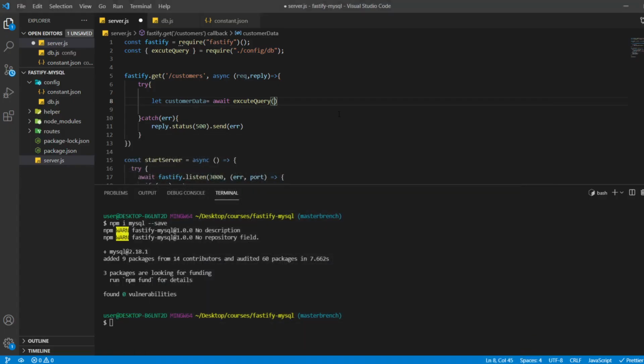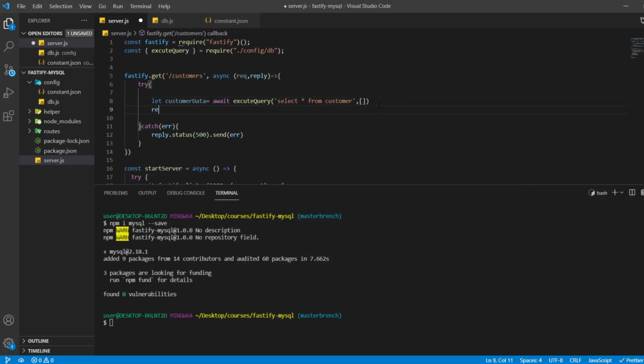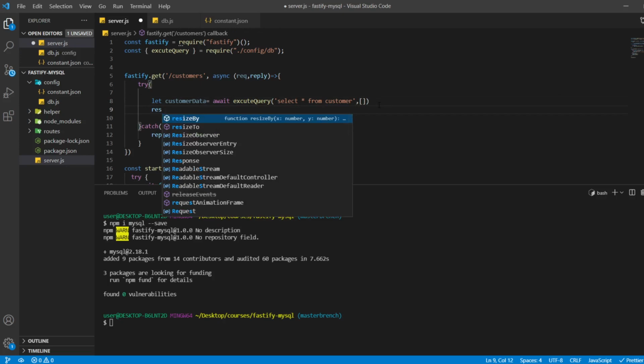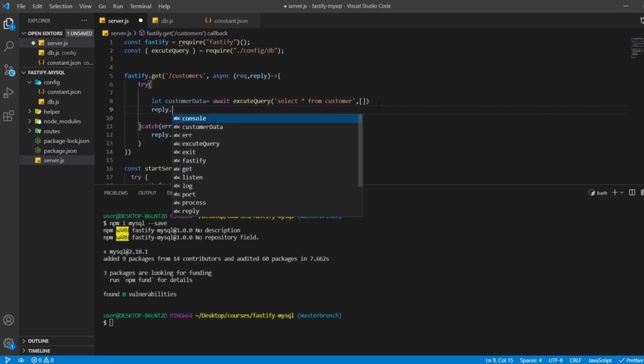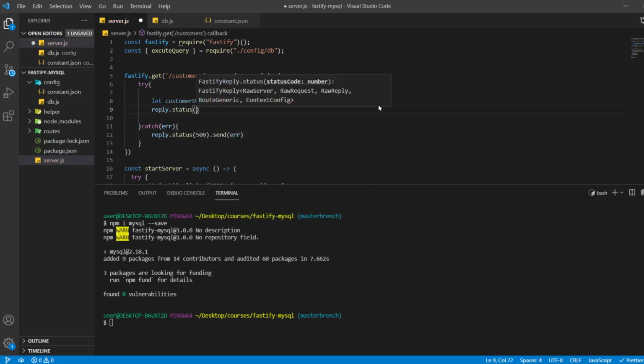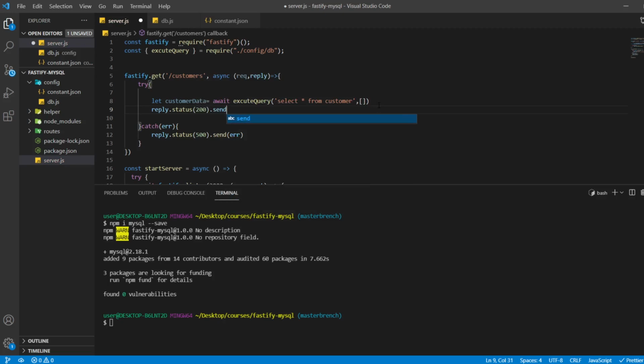So I will do first query, select star from customer, and the second parameter will be an empty array. Okay, and now we can send reply.status 200, and then .send customerData.